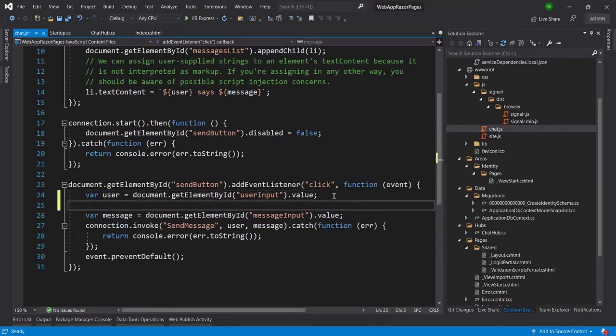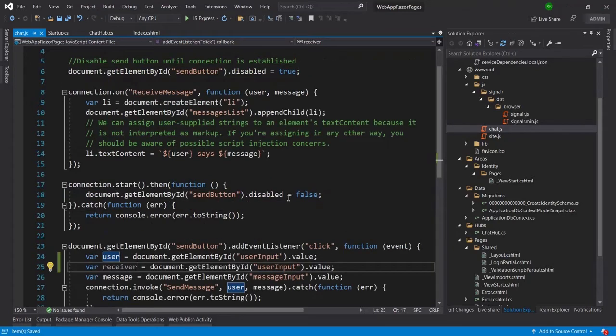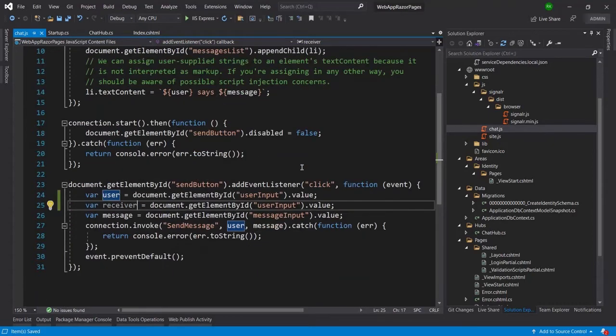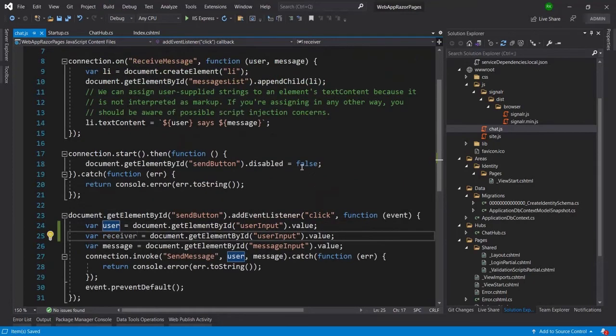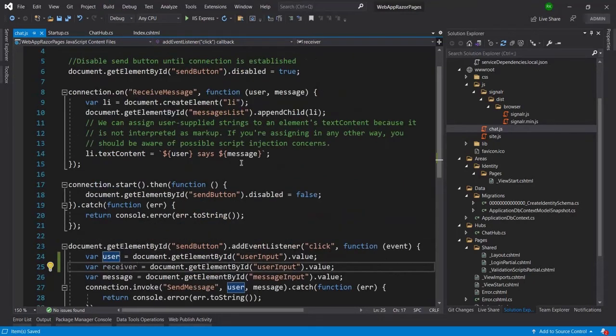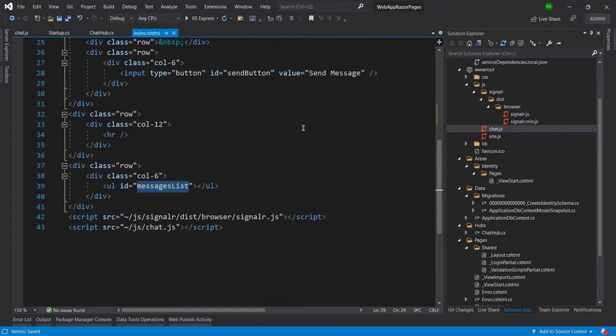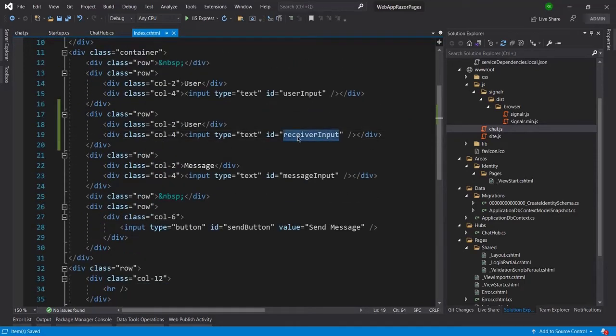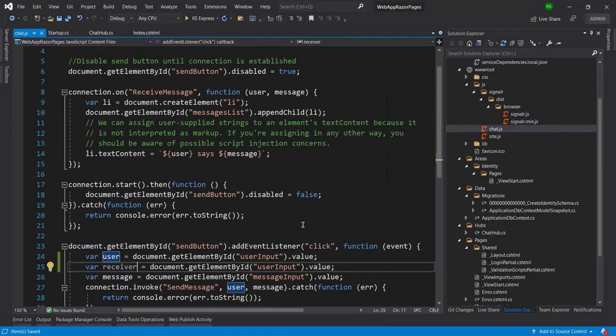So I will add a next line here and modify it to receiver. Here I will take the ID of this receiver input, the input type ID, and put it here in place of user input.